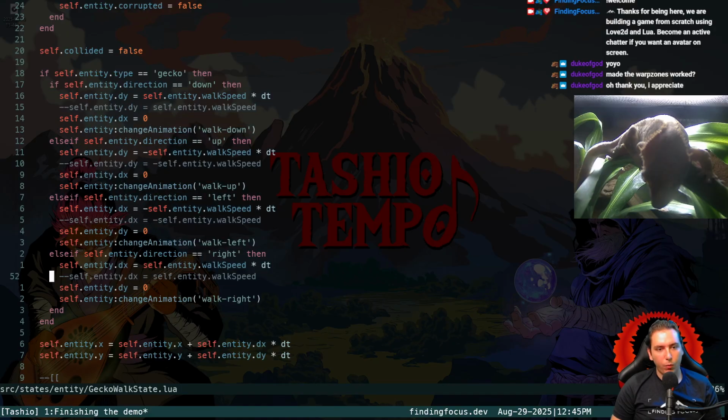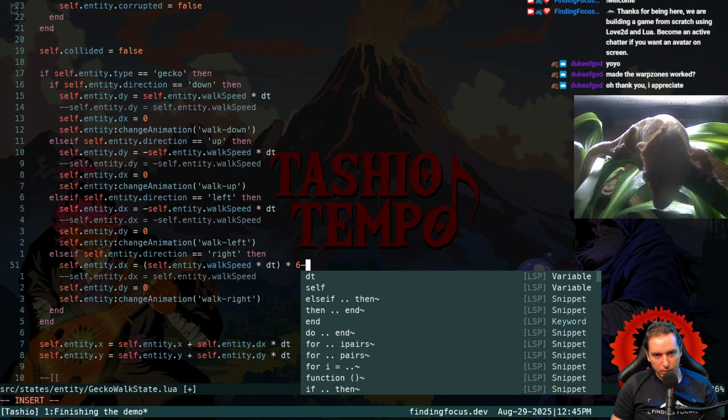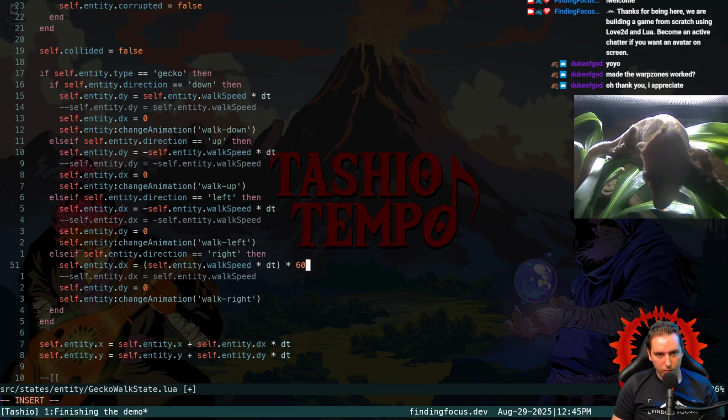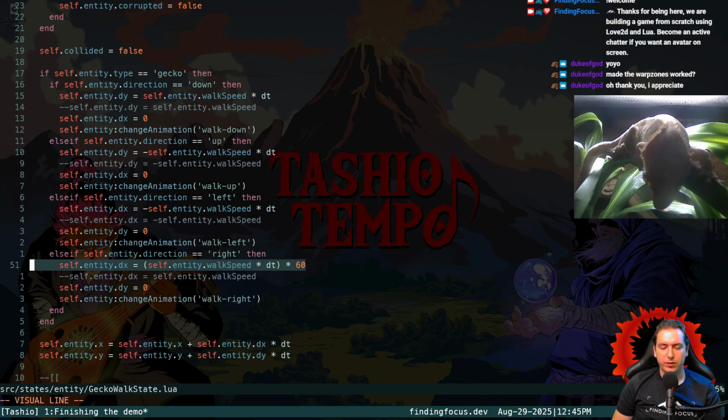Okay, so our walk speed, we need to times this by 60 if we want a normal number for the speed. So yeah, we'll just times this by 60 to get a normal walk speed, right? Because the walk speed gets cut into 60th chunks, but we want that walk speed